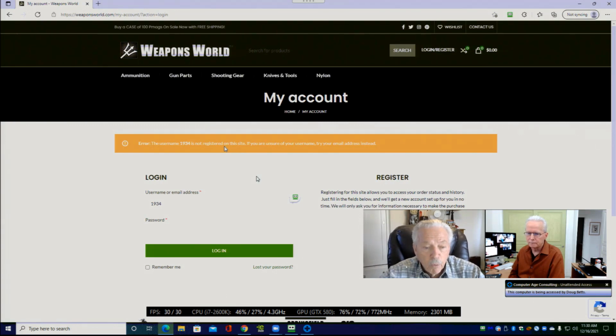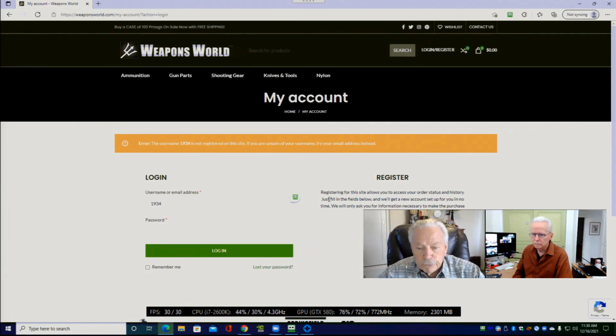Oftentimes when I open a particular site, that'll pop up, and if you click on that, it asks you to do something. You have to log into RoboForm and record something. That's when I would try to do that, and that's when I found out that I was not entering my password correctly, the master password for RoboForm.